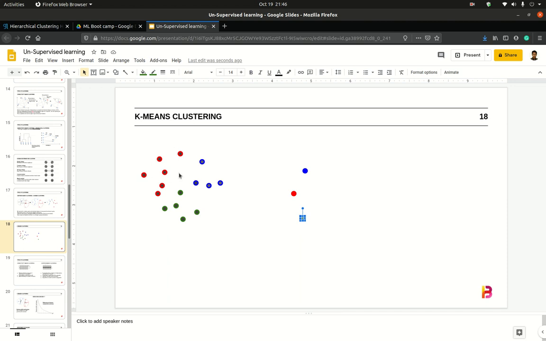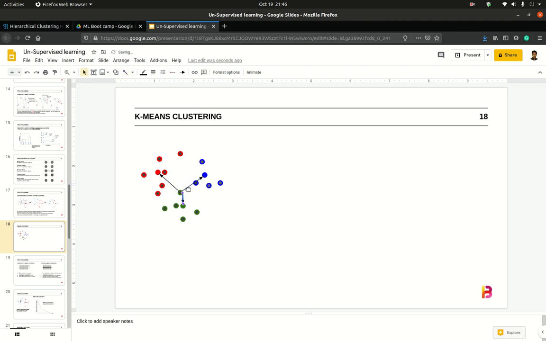Now this cloud has changed because this point changed, and blue also has changed because this changed from green to blue. It again draws the clusters. Now these seem to be the more appropriate clusters. It would again draw clusters, and the same thing starts all over again. It will calculate the distance of every point from every other point. So if I take this point, it would calculate this distance to the blue centroid, the distance to the red centroid.